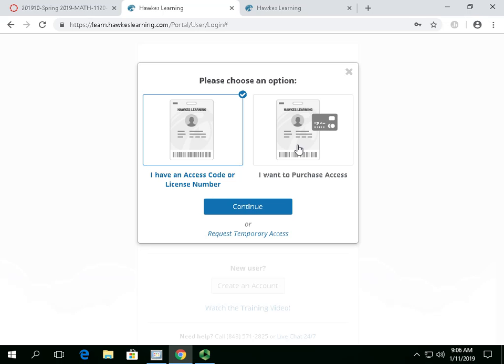But I want you guys to call them up first because I want to make sure when you purchase your stuff, you're not just going to get the access code in the ebook, but you're also going to get the guided notes that we give you guys, our little notebook that we're working with and stuff like that. So make sure you get that with them. And you should be able to get your access code immediately with that. They may have to send you the notes and stuff. So there you go.